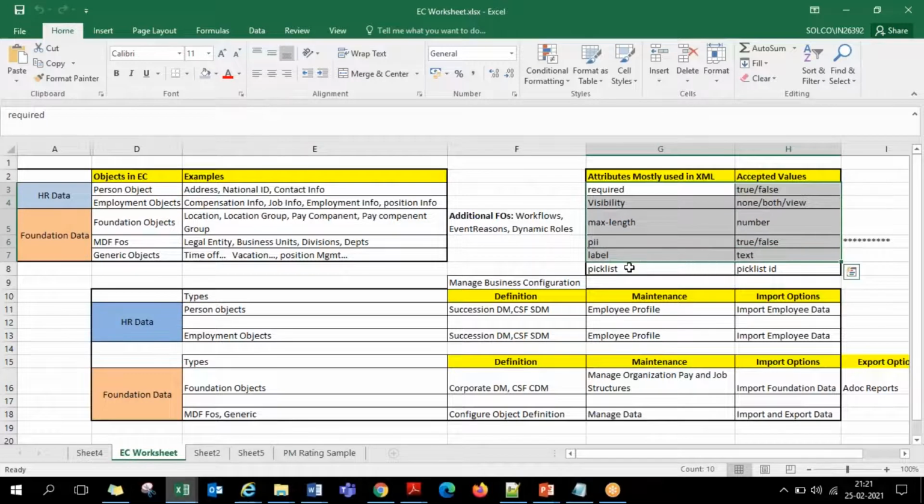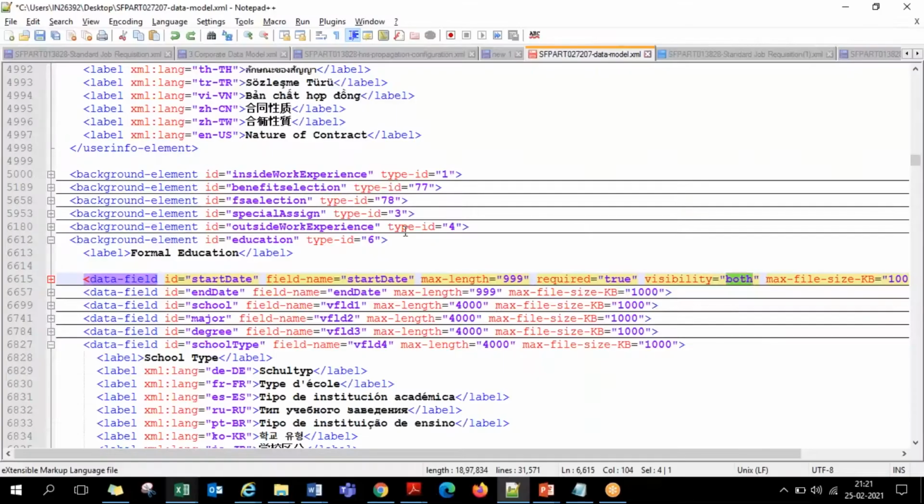Going further in the sessions, we'll see one more, the pick list. Pick list ID is one more thing that we'll be discussing going down the line, so I'll come back to it. It will almost take one more week of sessions to discuss this pick list ID concept. So as of now, these 5 are important. I even maintained them well in this Excel sheet. You can refer to them.